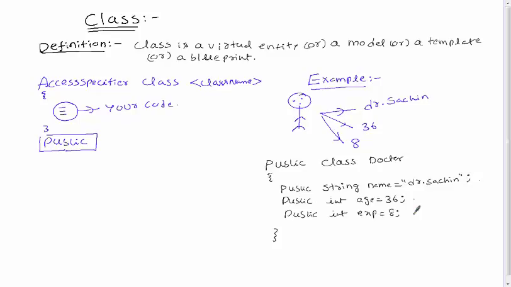Okay, now most probably you may be getting one question here, or one doubt here. What is the purpose of a variable, or when to use a variable in programming? Guess when to use a variable in programming? You tell me, how many variables are in this doctor class? 3 variables are there. One is name, second one is age, third one is experience. Okay. Now the question here is when to declare a variable in programming. The answer is simple. Whenever you would like to store some data, it is better to declare a variable with an appropriate